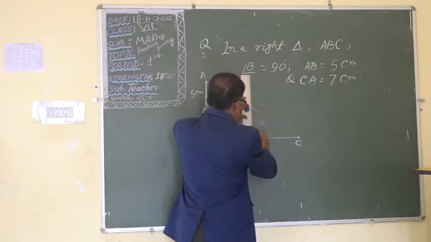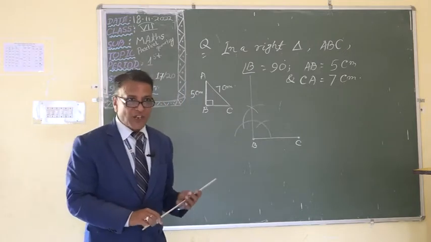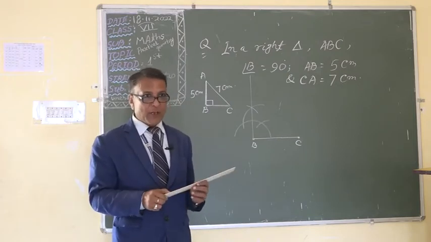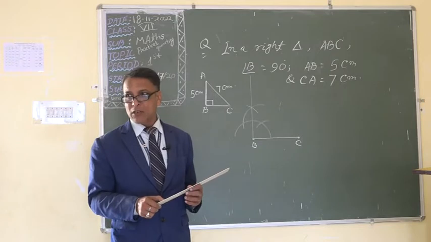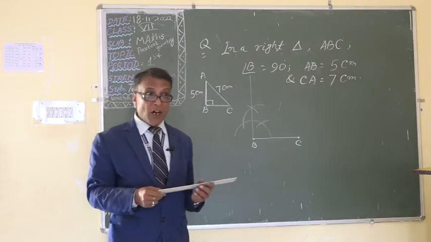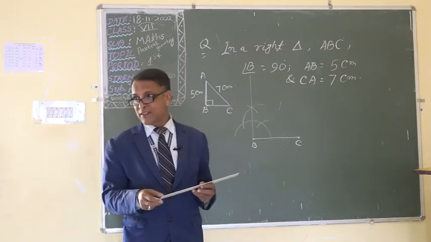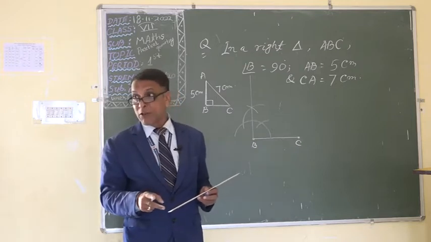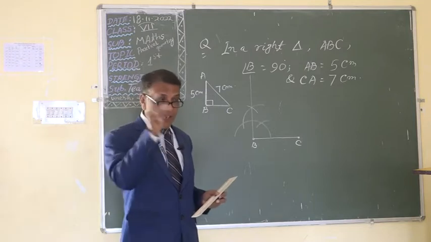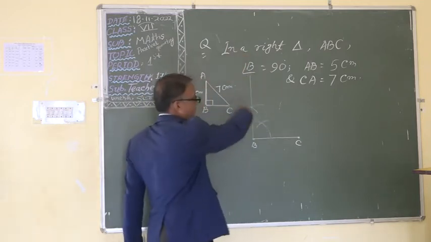Remember, already I have said to you, the basic property of construction is that what is needed for you should be drawn in a very dark line. But all others, which help you for the construction, all other lines or arcs, should be in very light lines. Understanding? Which one is needed? That should be in dark. So I constructed here 90 degrees.